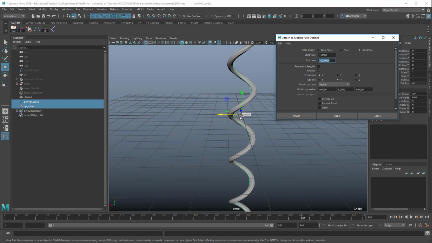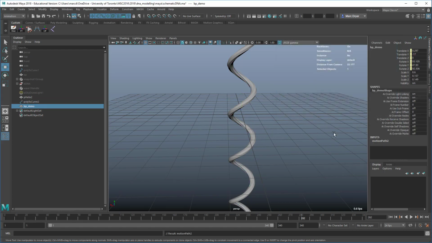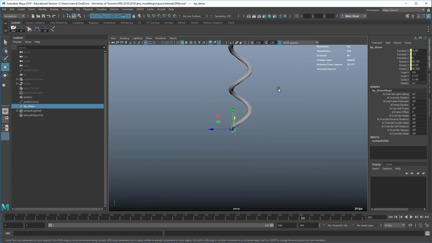And so then I want to figure out which axis I want to be the front axis. So here it would be, I think, negative X. Yeah, I think. And then the up axis, I guess, is Y. We can always change this later. And then we can attach this. And so we should see,